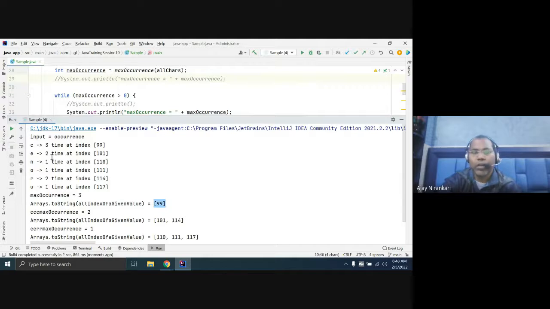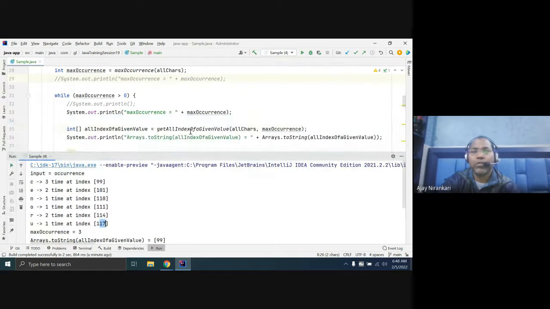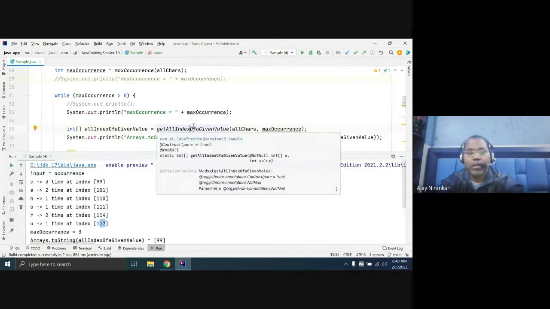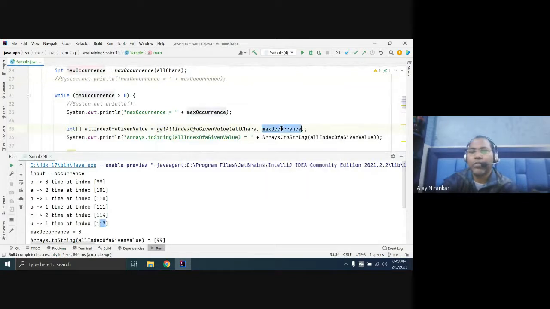If you pass 2, 2 has this value and this value, so it returns 2 indexes. Similarly for 1, it returns 3 indexes: this index, this index, this. I looked at the code. So this method returns all the indexes of a given value.